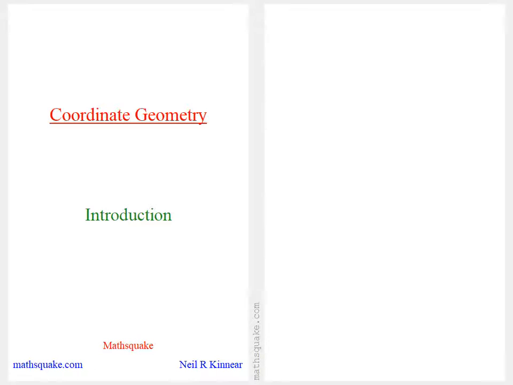Coordinate Geometry, an Introduction. By drawing a grid on a flat surface, it's possible to describe the position of a point with a pair of numbers or coordinates. The idea was developed by a Frenchman, René Descartes. He also showed that lines, circles, and other shapes can be represented with equations. This meant for the first time that geometry problems could be solved by using algebra, or algebra problems could be